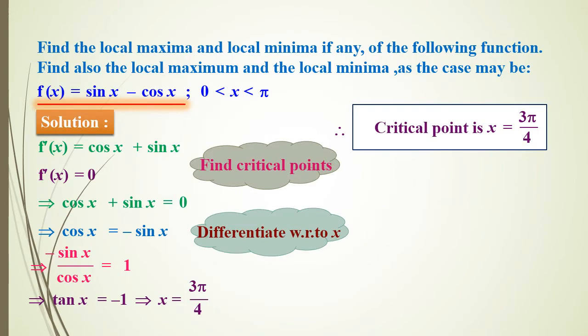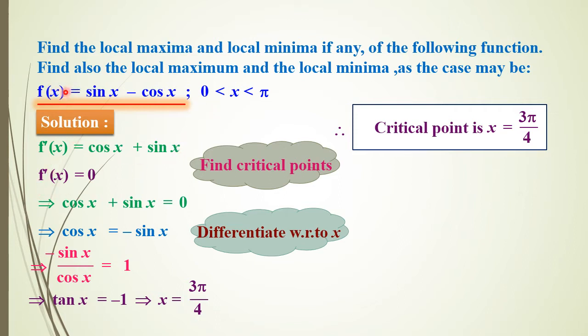See, in this problem we will be finding the local maximum and local minimum of the function sin x minus cos x. Here the given interval is 0 to pi. Actually, such types of problems we have already seen in the previous slide. There the given values of x were lying between 0 to pi by 2. Here x is lying between 0 to pi. So within this interval, how to take some standard angles and how to find the local maximum and local minimum, that we have to see in detail here.